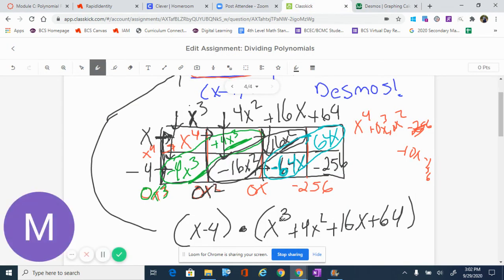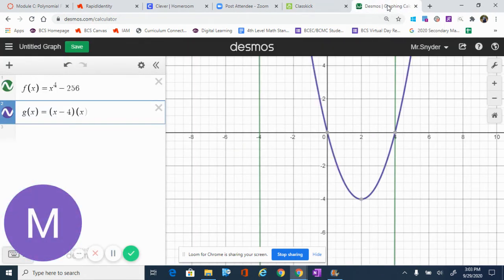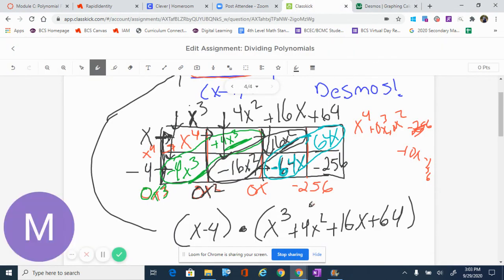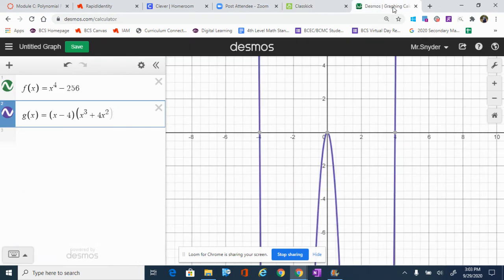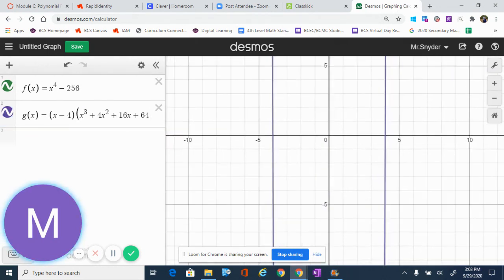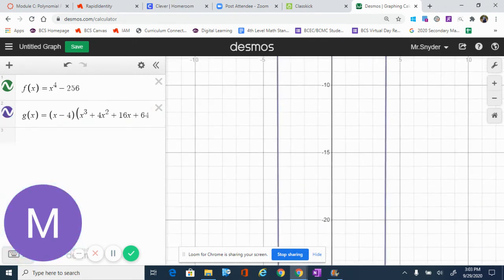So then I'm going to put in x cubed plus 4x squared plus 16x plus 64. So let's go there. I got x cubed plus 4x squared plus 16x plus 64. Okay, and notice what happens. You can see it. It's a little hard to see, but it overlaps the graph, and we can